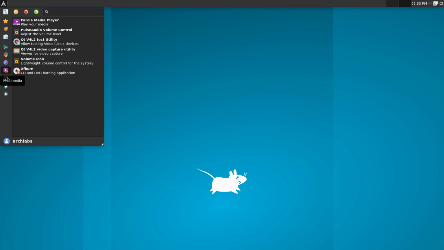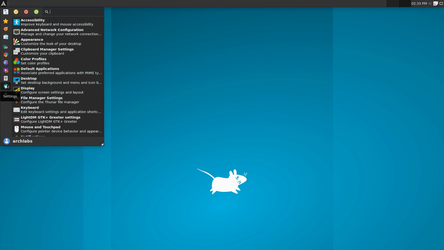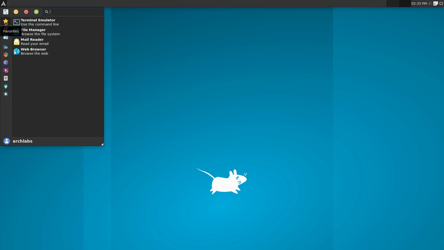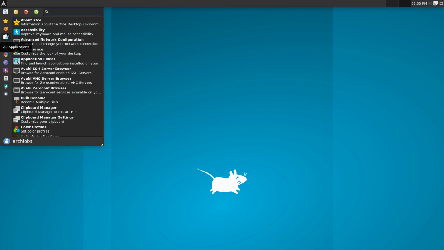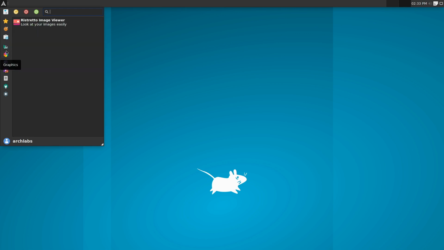All we have basically is everything that would come with a default XFCE build, except the icons and the theming is ArchLabs theming. That's pretty much the only difference that we get. So we have a mail reader, we have a web browser, basic XFCE tools. Anything else that we would want to do, we're going to have to go ahead and figure out how to